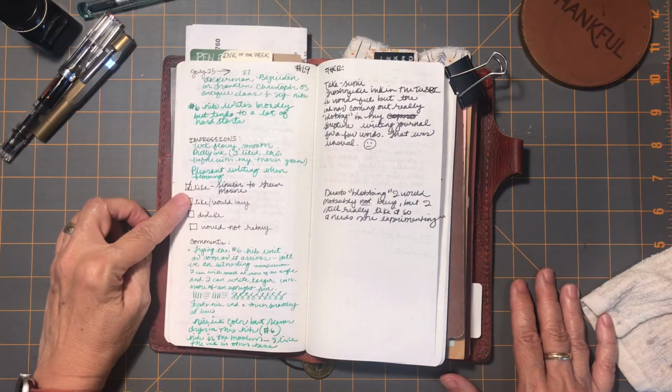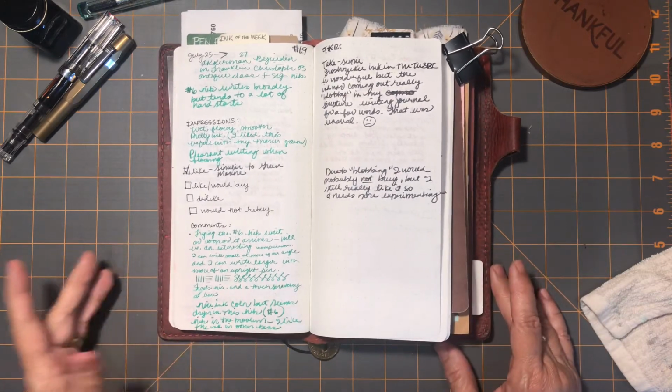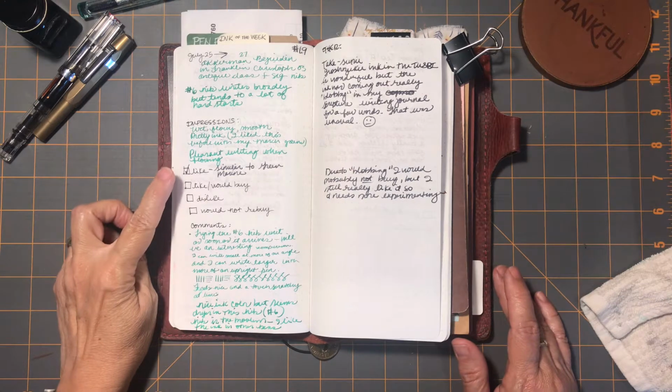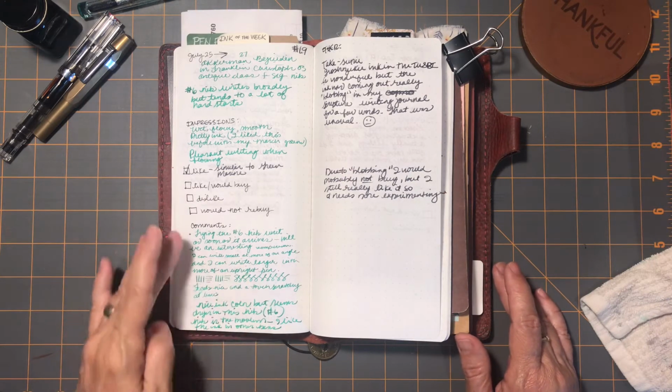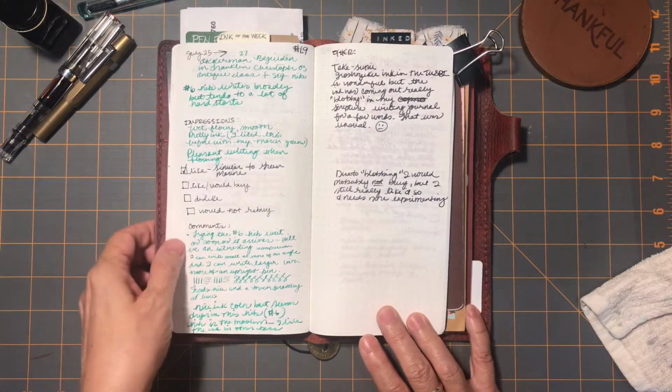So I put that it was similar to Green Marine, so I would not buy it at this point, but I would consider it down the road when I run out of Green Marine, and just more talk of what I already spoke about. So during the week I also decided to try,